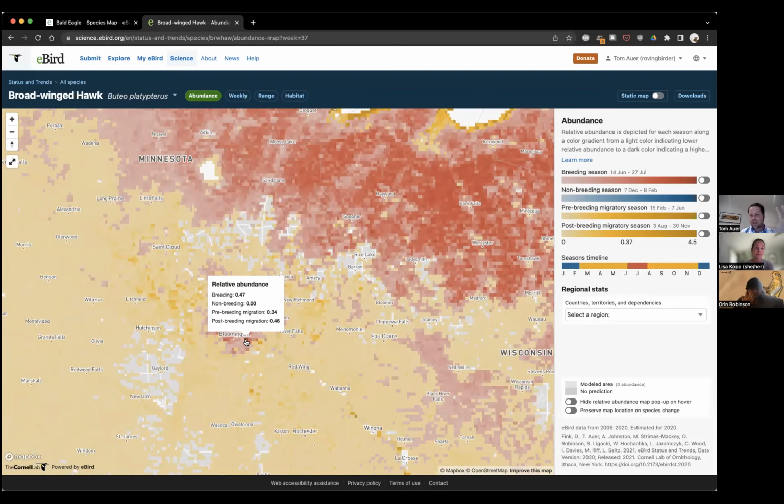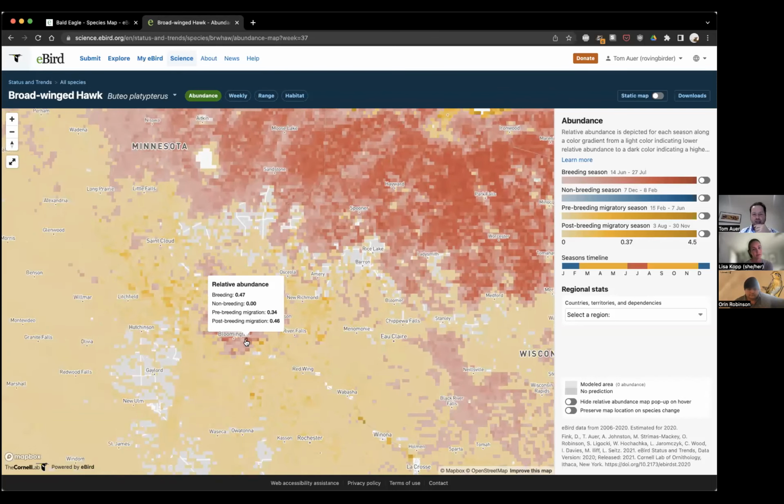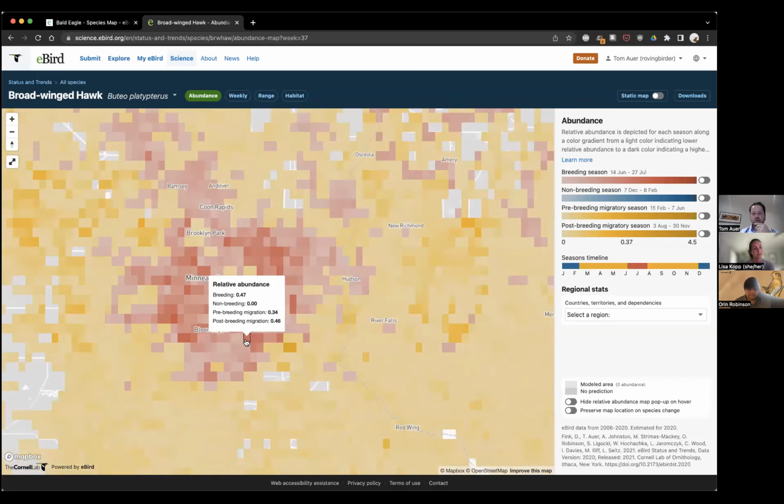We use a lot of satellite imagery data from NASA to fill in those gaps, right? We take the eBird checklists and use statistical machine learning methods to combine those with where the birds are on the ground with that information about the landscape, and then predict all those locations. So each square that you see when you zoom all the way in is a 3 kilometer by 3 kilometer pixel. And that's where we're making that estimate of how many birds are around.